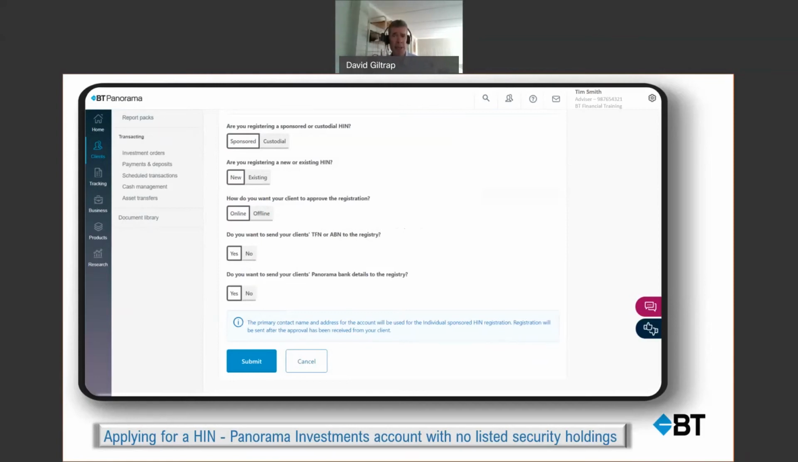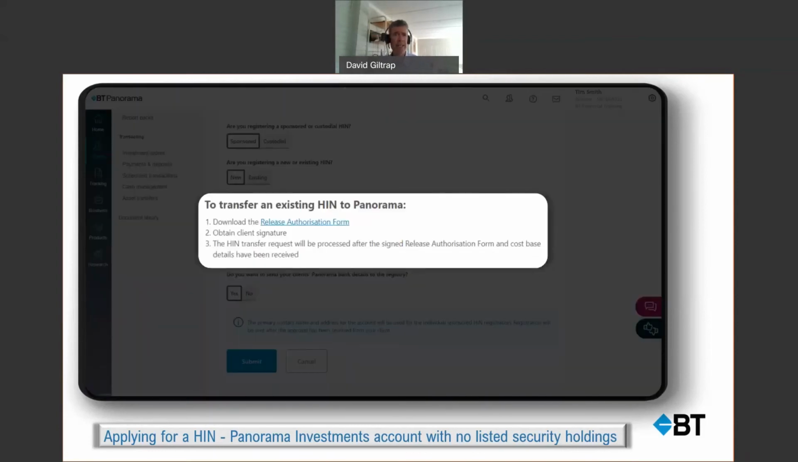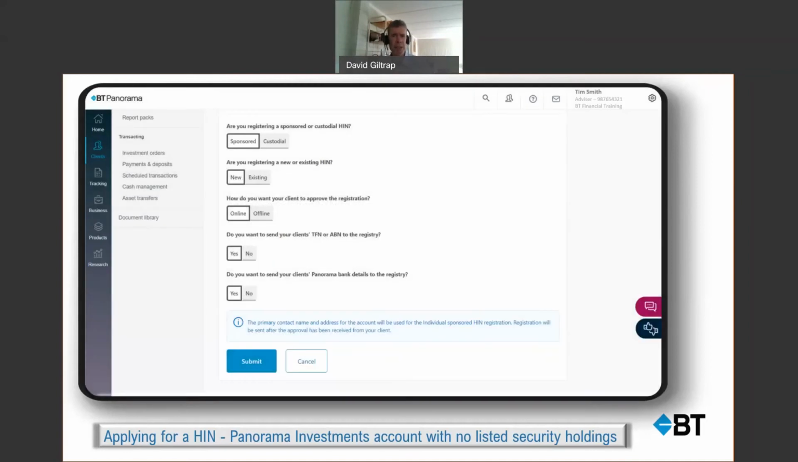If we were to select to register an existing HIN, this would appear, and these are the steps: downloading the release authorization form, completing the form including cost-based details, obtaining the client's signature, and having this emailed or physically mailed to Panorama. Upon receipt of the completed form, approximately allow 2 business days for the HIN to be available on Panorama for your clients. Let's go back to instead request a new sponsored HIN, and we've clicked on new here,